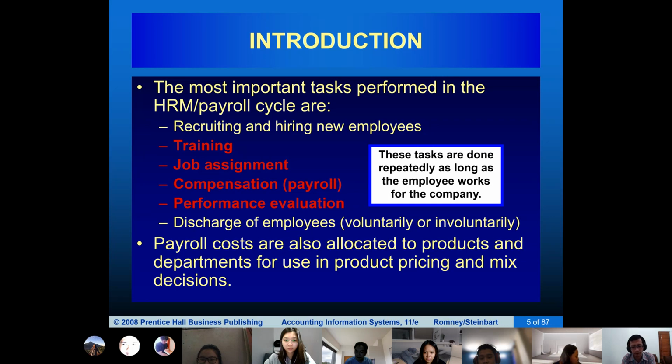Job assignment, for maybe 1 year you will be assigned to an office in Java, and then probably you will be assigned to an office outside Java. So take a look at this.